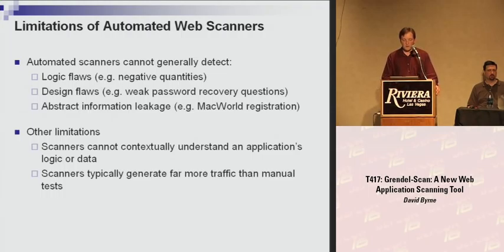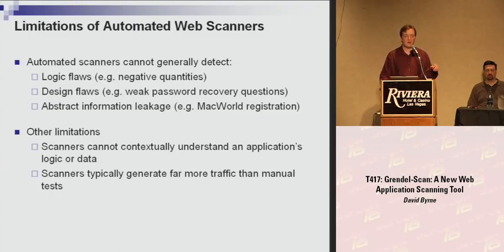So when I mentioned some advantages, you'll note that one advantage I did not list in favor of automated scanners is accuracy. And there's a good reason for that. There's a pretty significant class of vulnerabilities that automated web scanners just cannot find. The first of which are logic flaws. One example that's been known for a while is if your shopping cart accepts negative quantities of a product to be put into your cart,